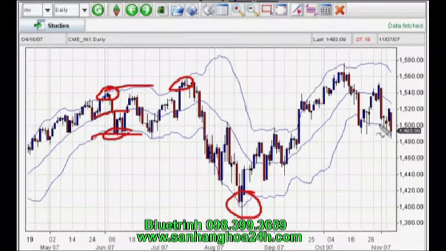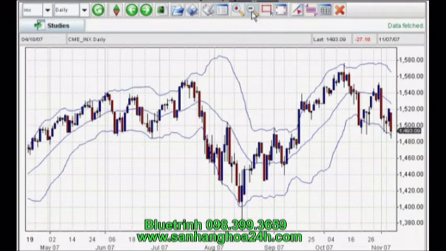Also, when a market closes out of the bands, it tends to be a potential trend change. For example, it closed out right here two times, and it looks like we may be seeing some further action there. The other thing that's really interesting with Bollinger Bands, and I'm going to scope this out a little further, so I'll take everything off the screen,